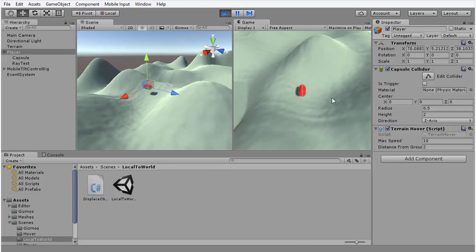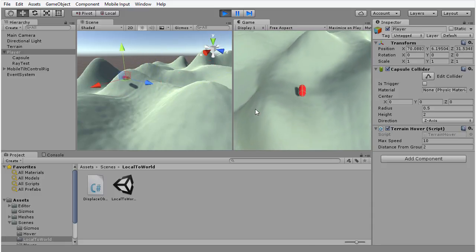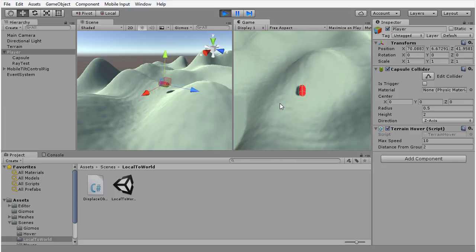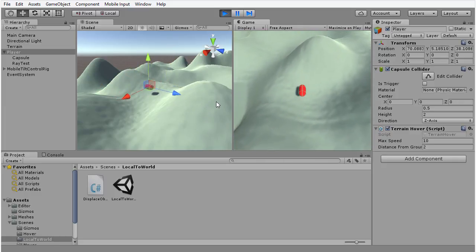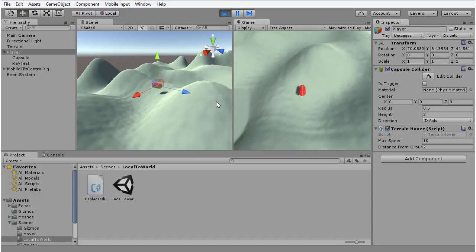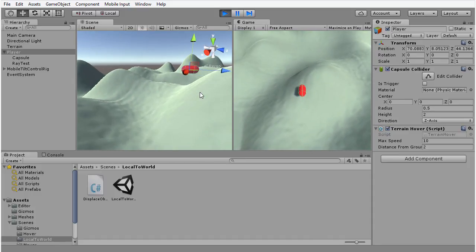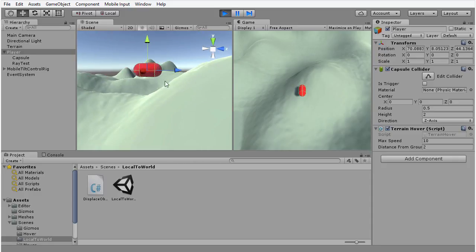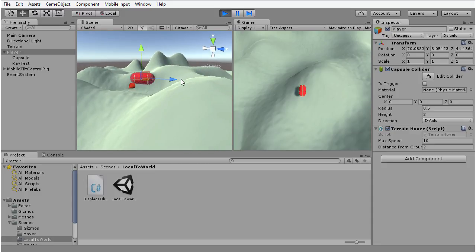Not only that, but as I move it forwards, the object is moving up and down vertically to match the vertical alignment of the terrain. So as the terrain elevates and lowers, this capsule moves up and down to match that. But one of the problems that I want to highlight, one of the things that's currently missing, is that as this capsule increases to match the height of this hill here, notice that the forward vector is